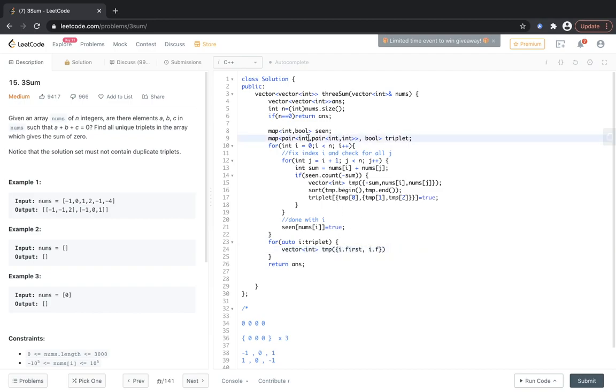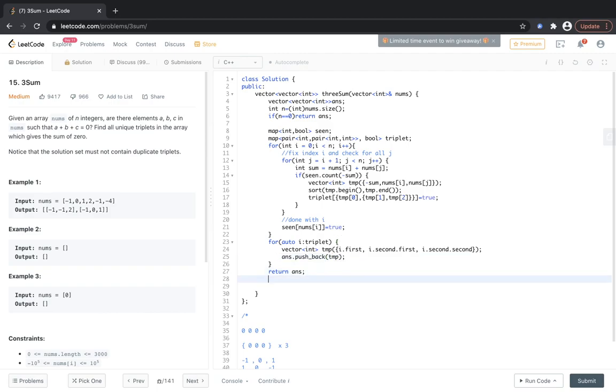It would actually be i dot first and i dot second dot first and i dot second dot second. So yeah, and we push this in the answer and we return the answer.